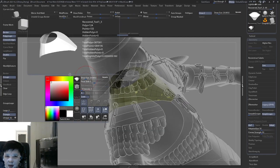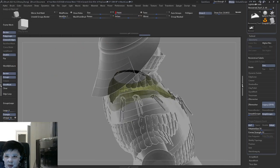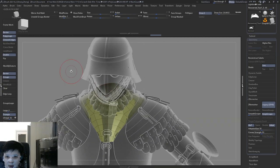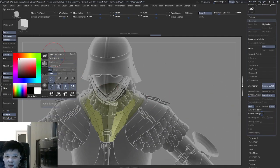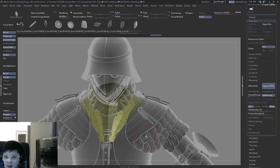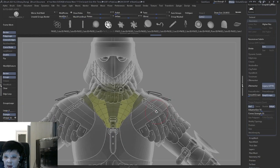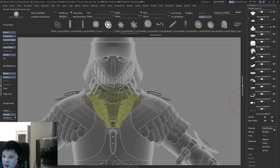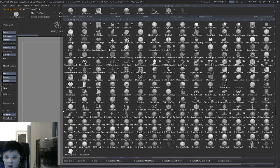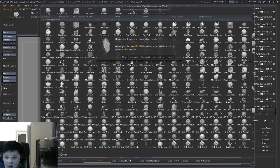Okay, let's go try mask by orders, polish. Let's go try nanomesh. Do we have our nanomesh? No, I forgot to save it. Shit. Alright, well, fine. Here somewhere. There we go. Grab that. We'll create insert